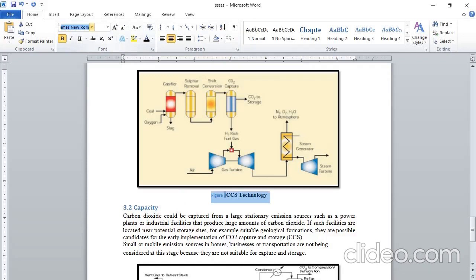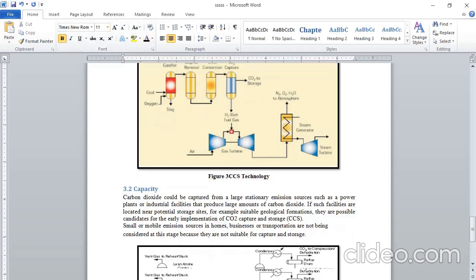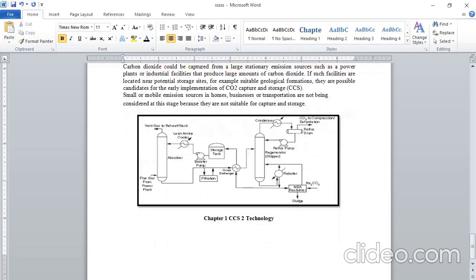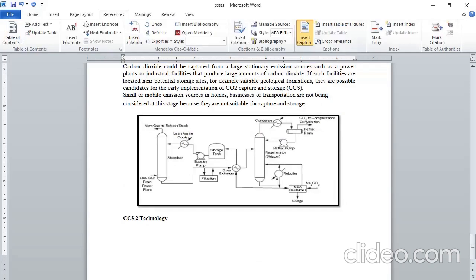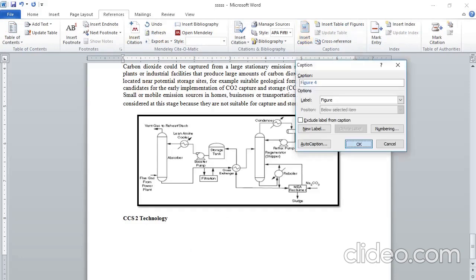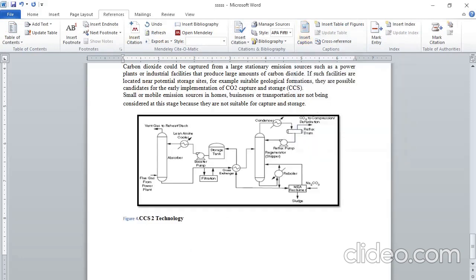You can observe here the figure number is in continuation with the previous. Previously it was Figure 1, Figure 2, and right now it is Figure 3. For the next figure it will be Figure 4. So go to references again, say insert caption, and automatically the caption will appear as Figure 4.